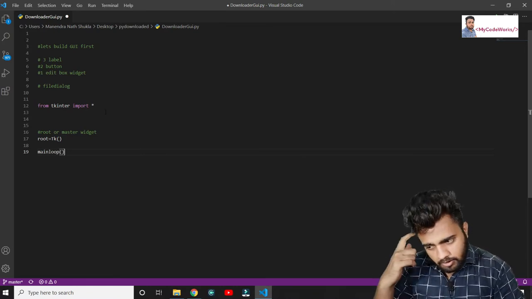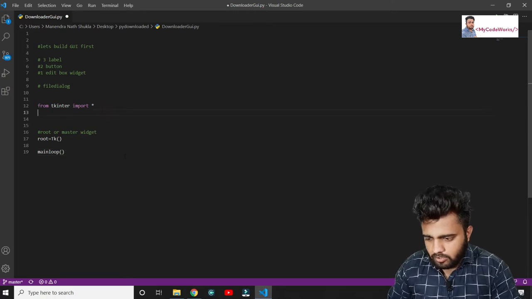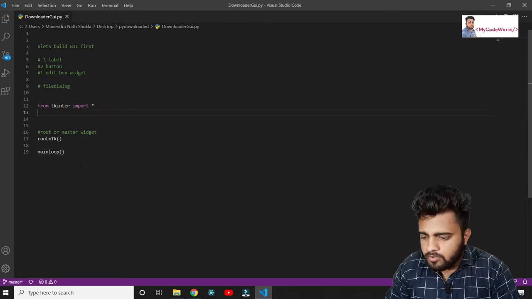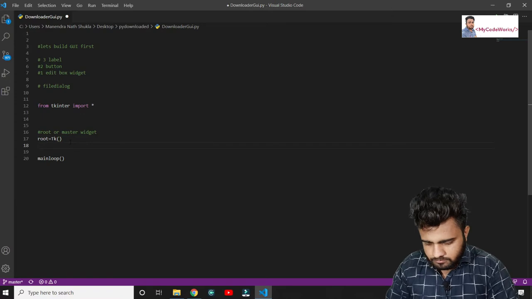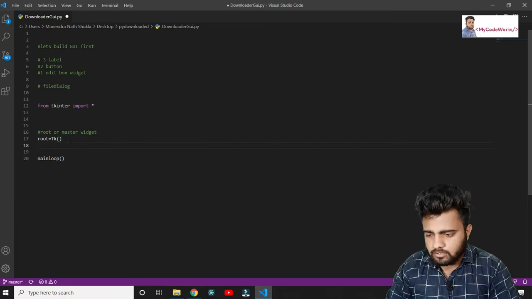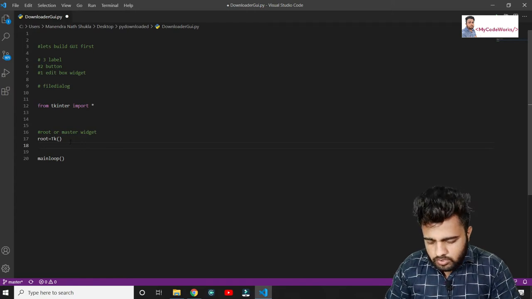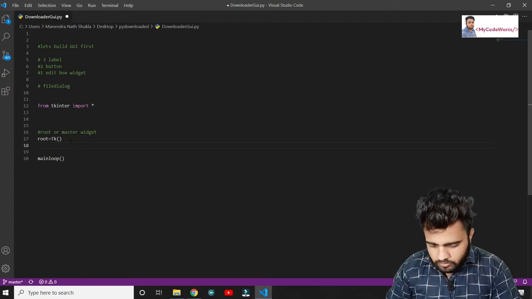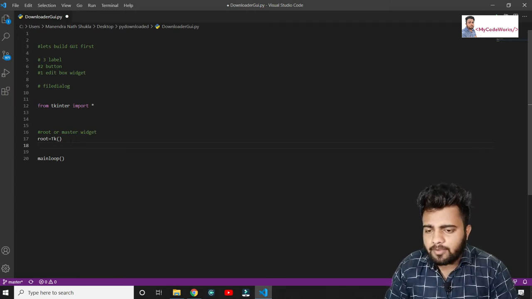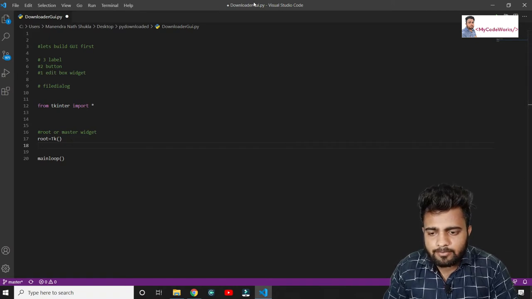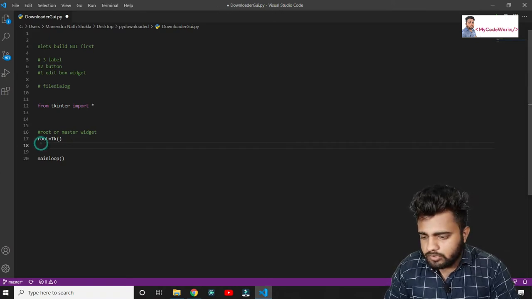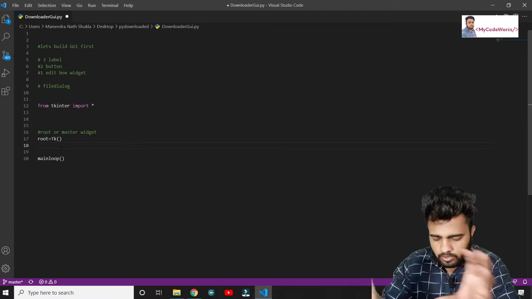It comes under Tkinter itself in order to run this widget as UI. So just after this, let me give a title to the main root widget, or window, the screen manager. Like we have a title, in the same way we are going to give the title to the window.